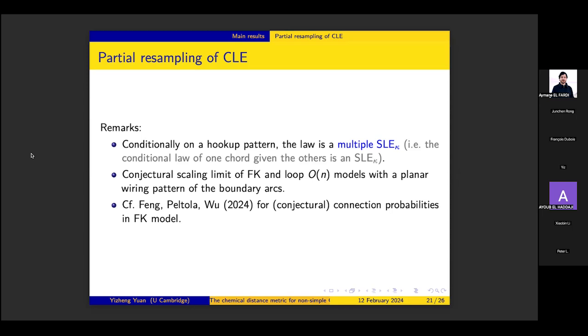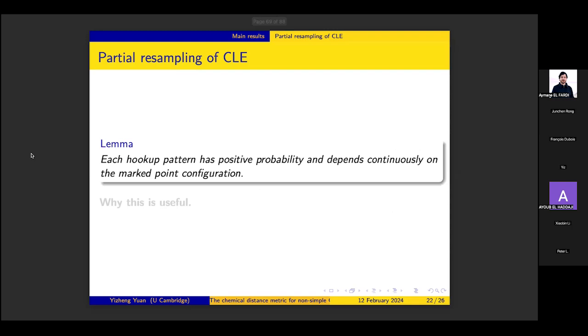Okay. And another nice remark is that if you condition on a specific hookup pattern, this thing has a name. This is what is called a multiple SLE in the literature. Okay, so what we have not proved is this conjectural connection probability formula,